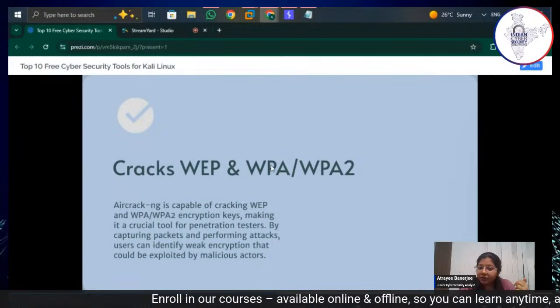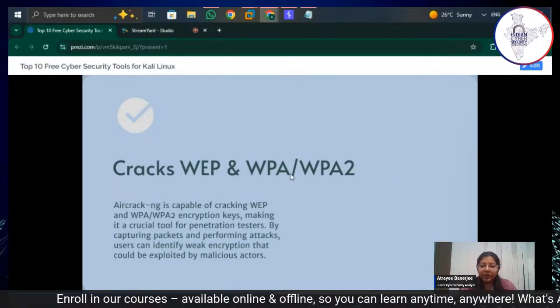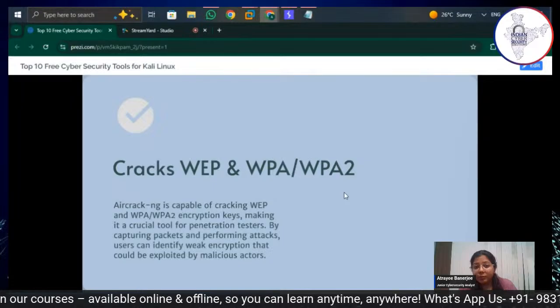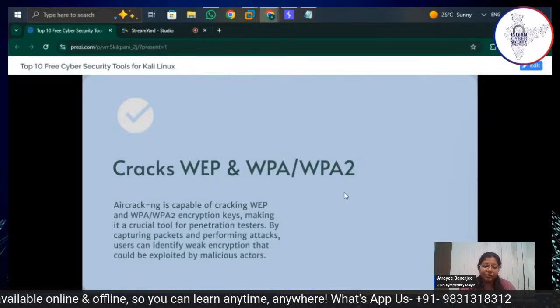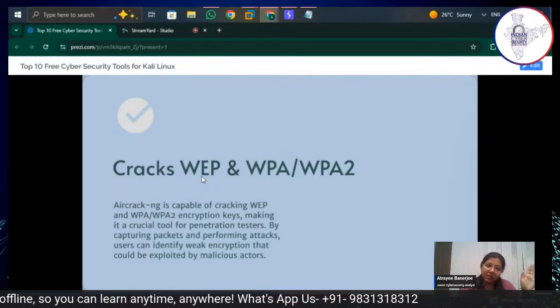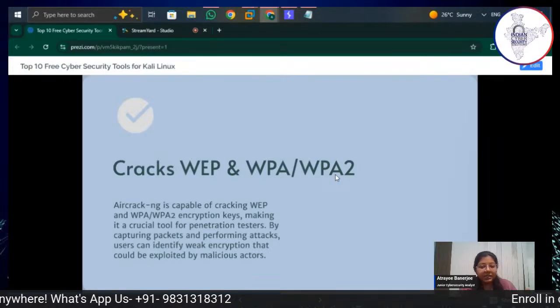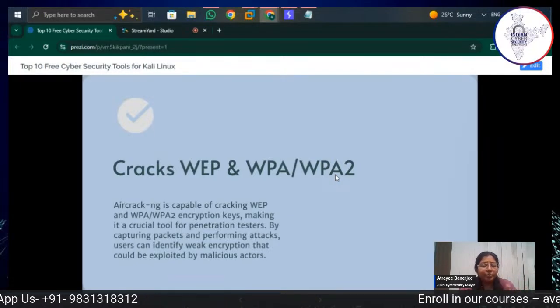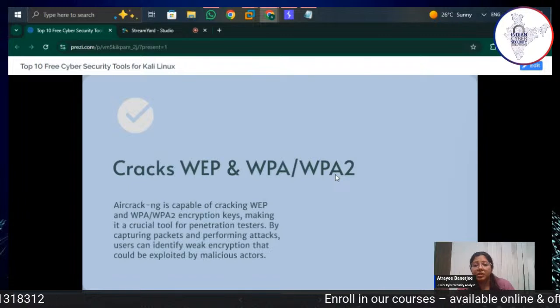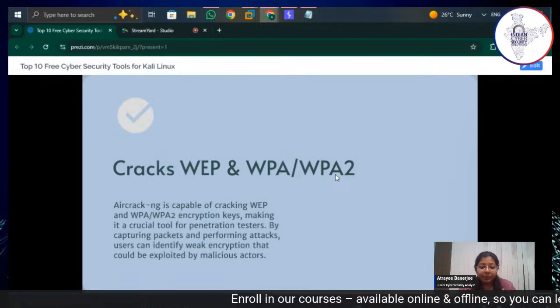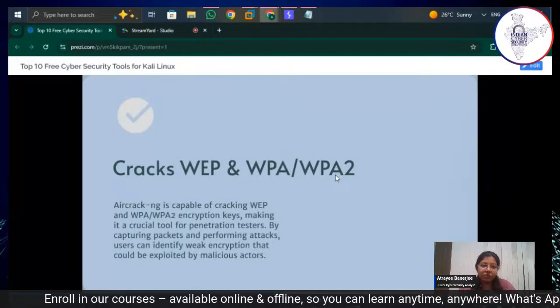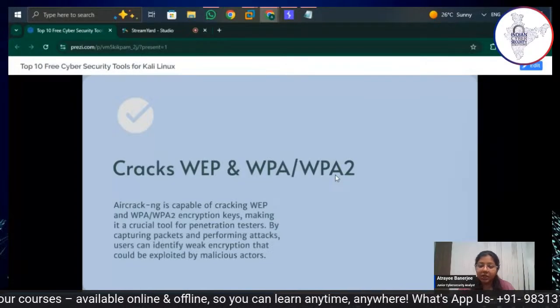There are some encryption types: WEP, WPA, WPA2, and now we are using WPA3 for wireless. WEP was a very old one. WPA and WPA2, many people still use this WPA2 encryption. But WPA3 is the newest one, and I personally recommend everybody to go to this WPA3 encryption, because